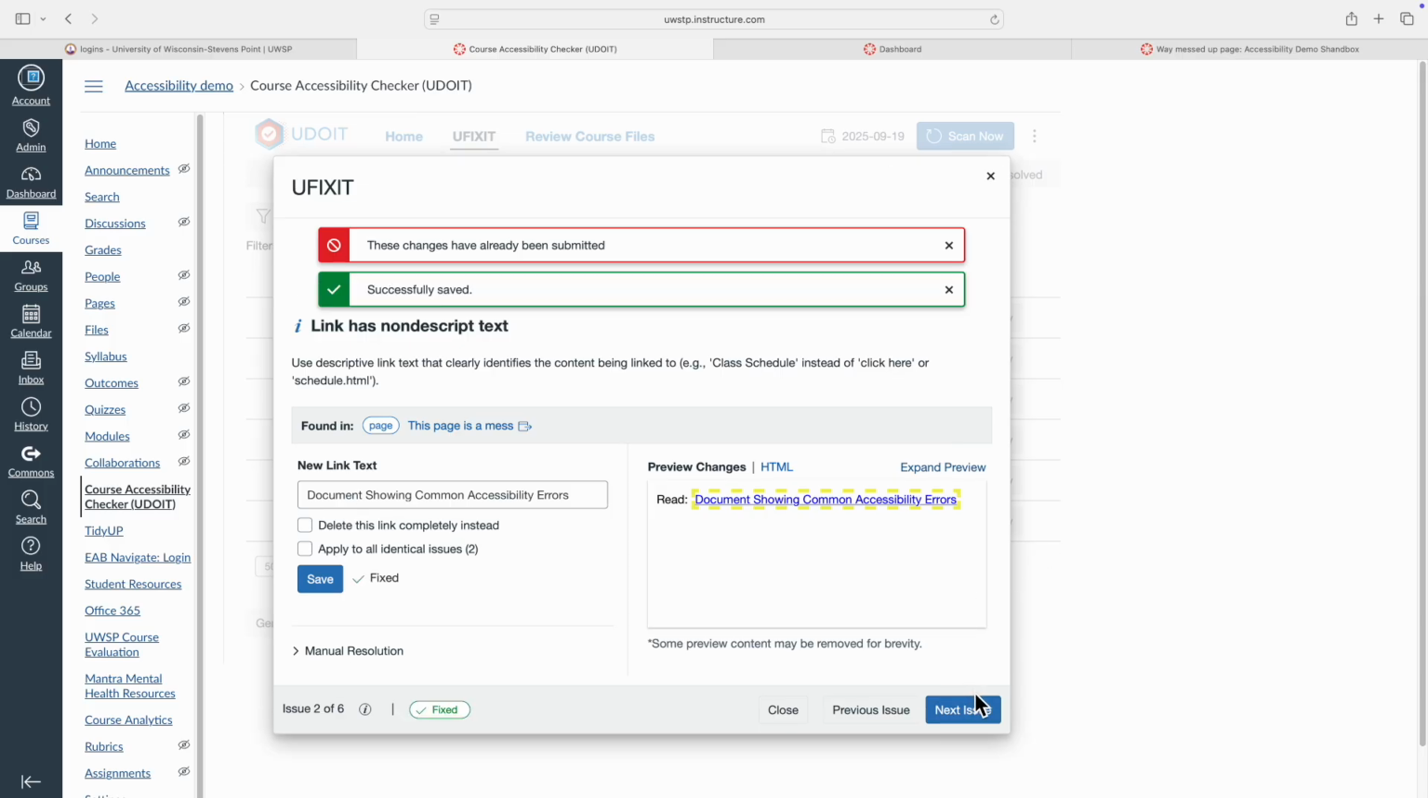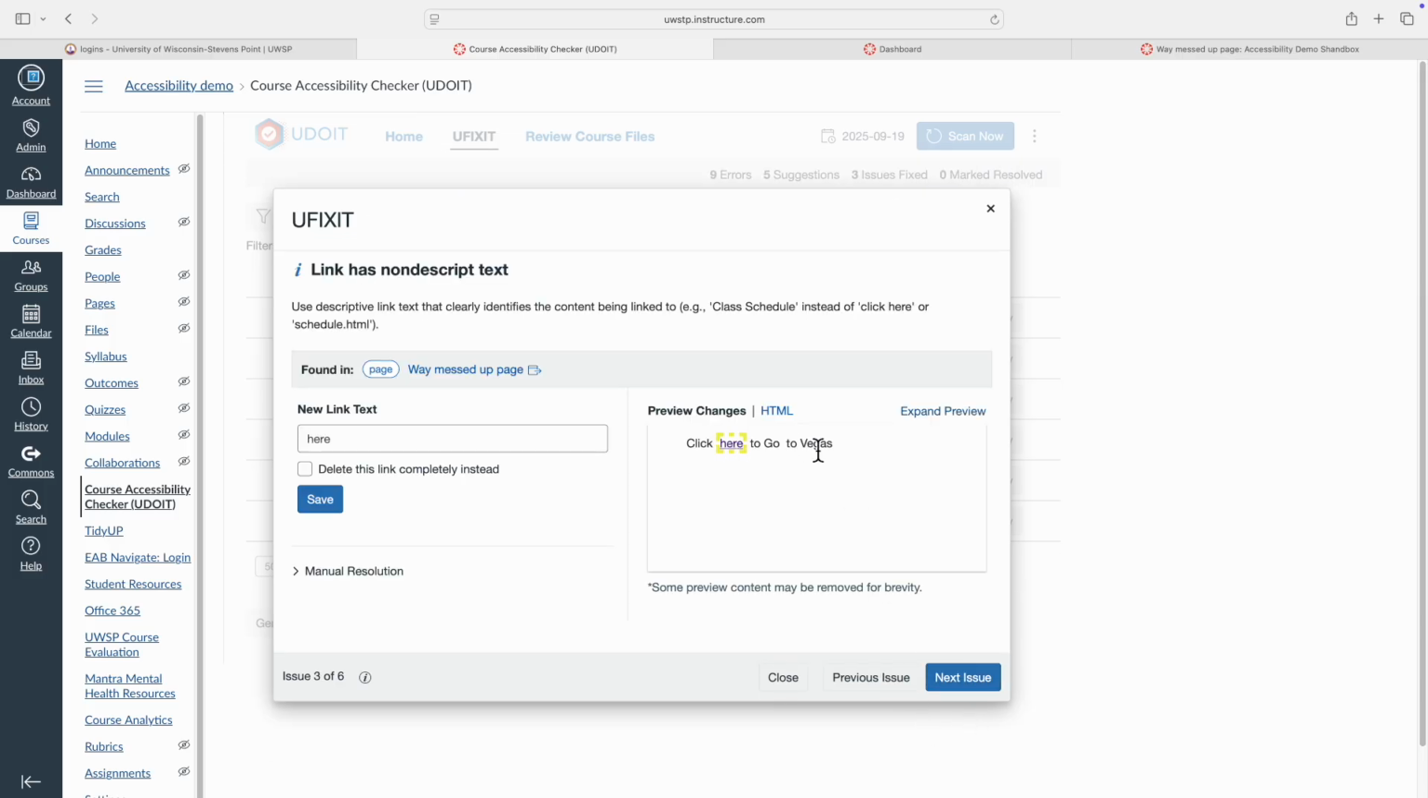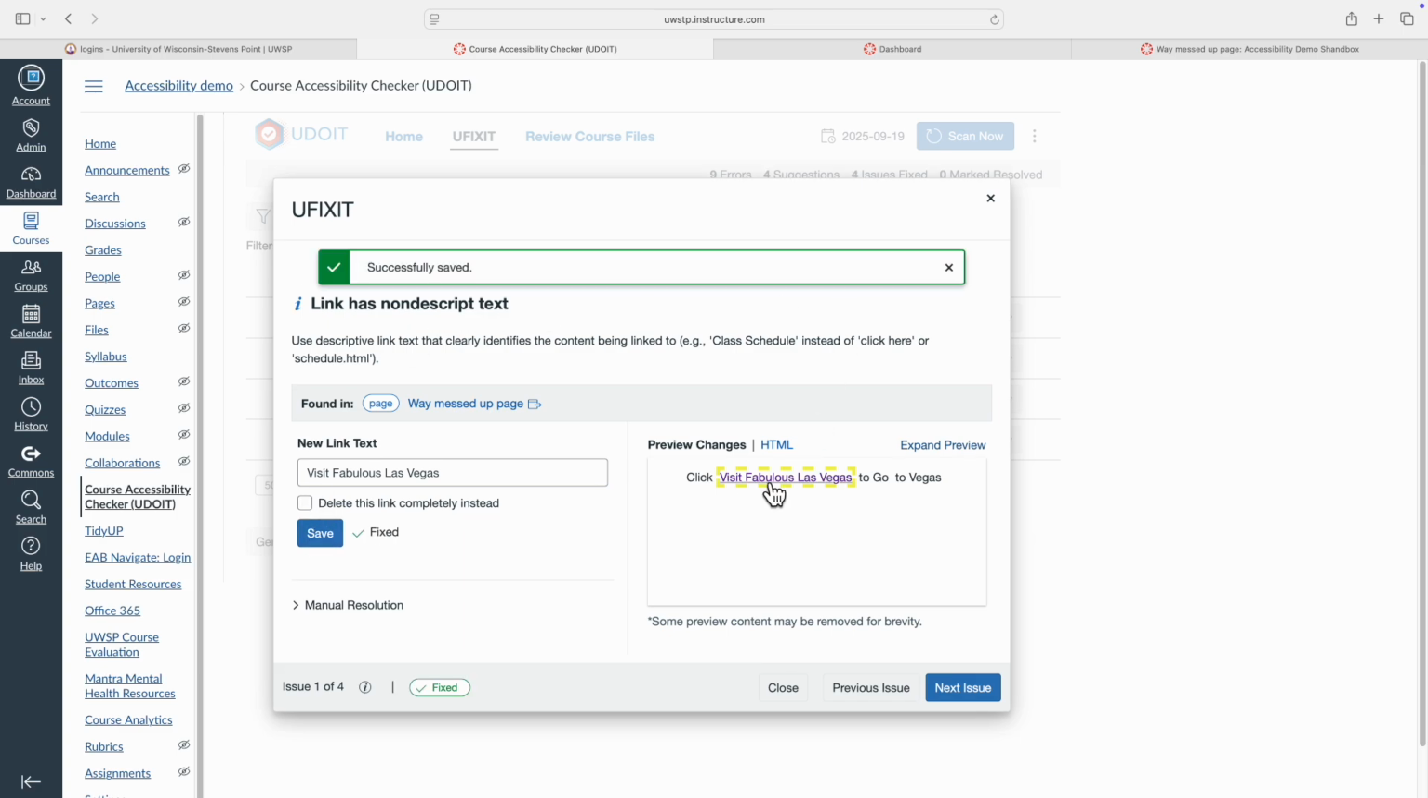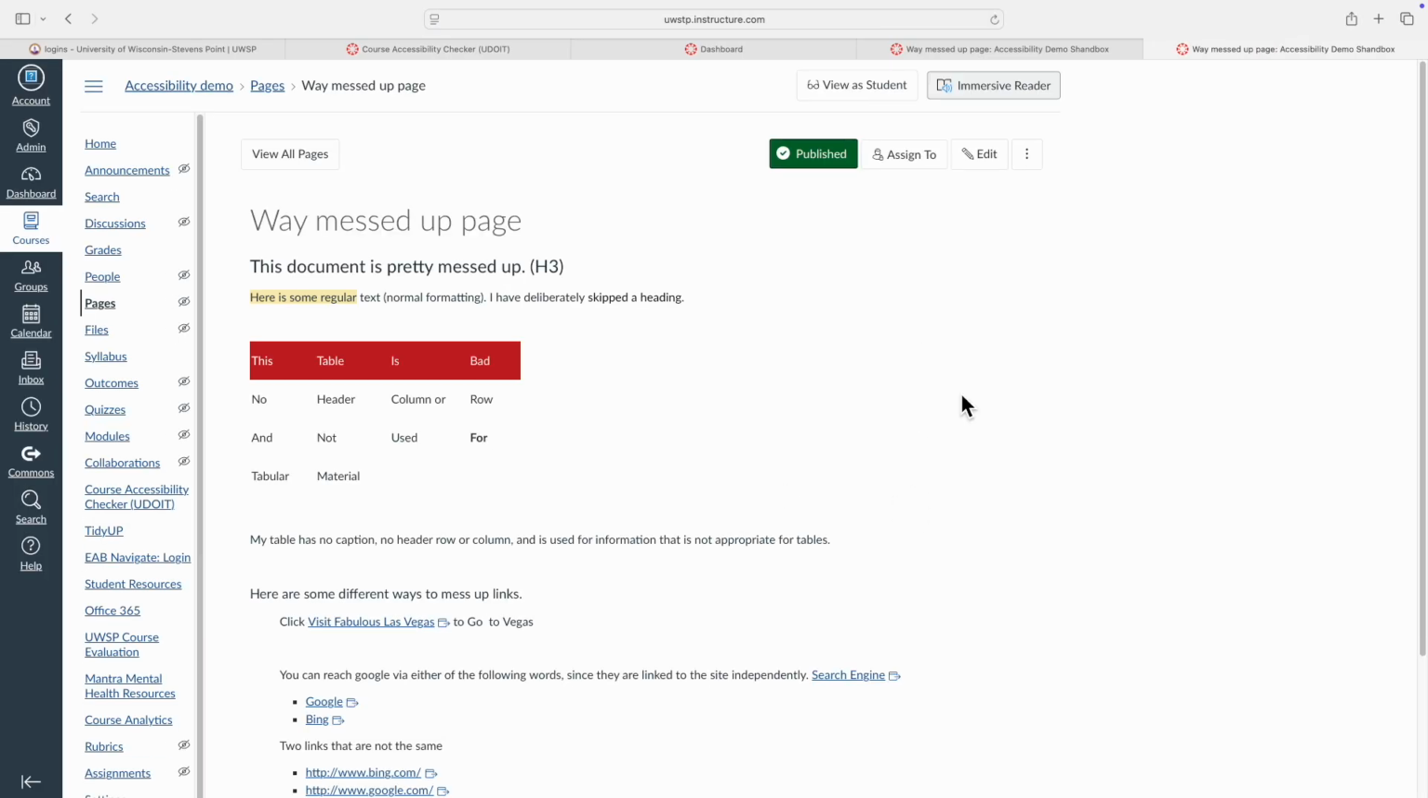For example, here I want the students to book a flight to Vegas. Hey, this is my fake course, don't judge. But the text I've used here is not descriptive of what the link is. I don't think Travelocity would be understood by all students. So I choose Visit Fabulous Las Vegas as the descriptive text because that is the purpose of the link that I want to convey. I could have put book your flight to Fabulous Las Vegas, which would probably be better,